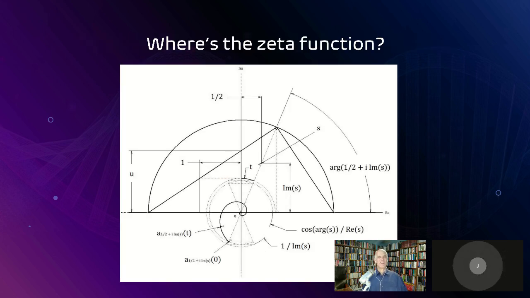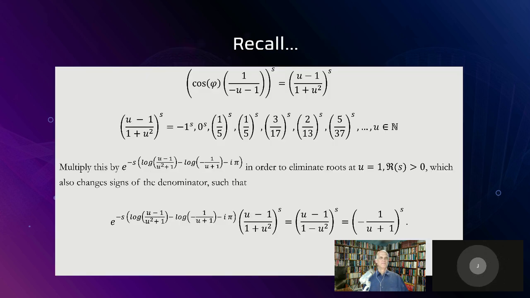So we want to bring up the phase space. Now we're going to show you where t comes in. So t is on these arc lengths around there, like a clock going around. And so where's the zeta function in this? If you recall what we were doing earlier with u and the tangent half angle substitution, and also we raise the power of s. So we do a simple little multiplication just to rearrange the structure here of u minus 1 to